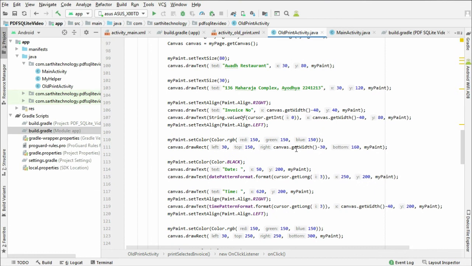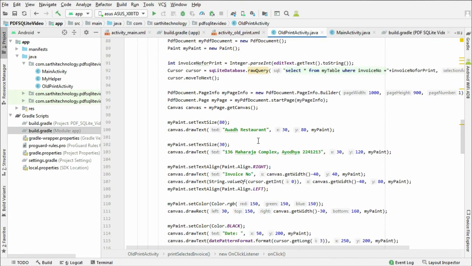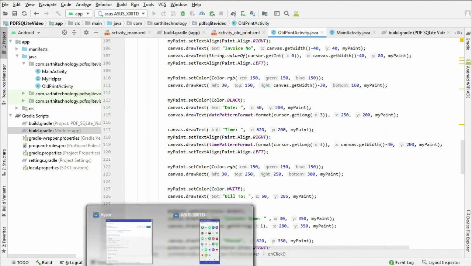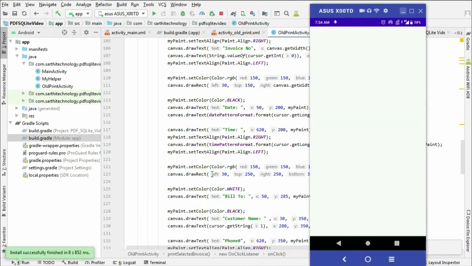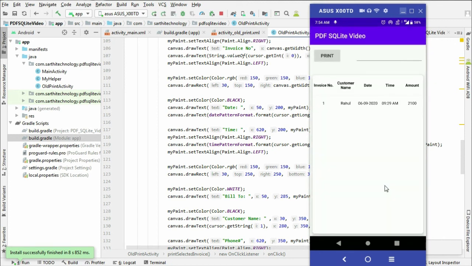Now let's try to run this and let's see what is the result. So here you can see our application is running. So just click on this print button, and here you can see we have only one entry in this table. And so before print, let's add some other entries.